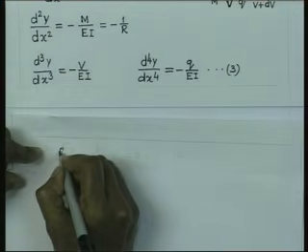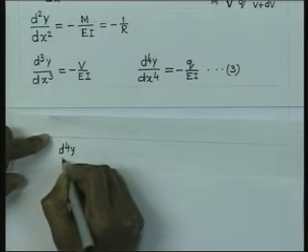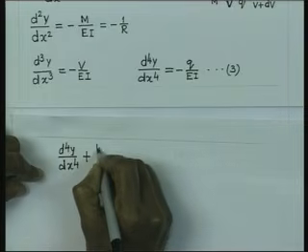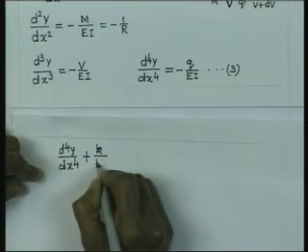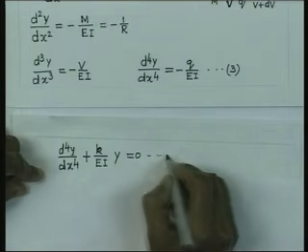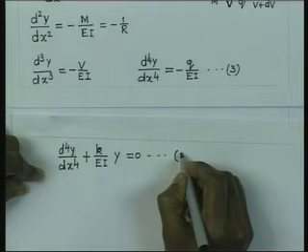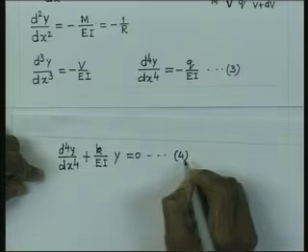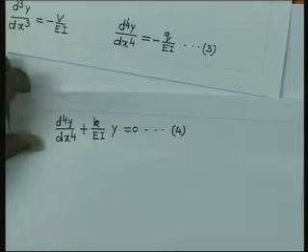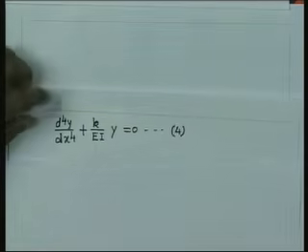Now, since q is equal to ky, we can now write d4y/dx⁴ plus k by EI into y is equal to 0. So, that is the equation. We can write this as equation 4, that is the equation governing the deflection. Now, this is a standard equation. Its solution can be written in this form: